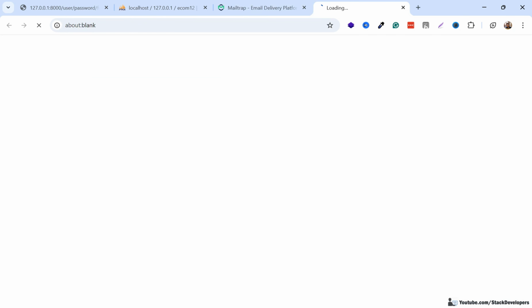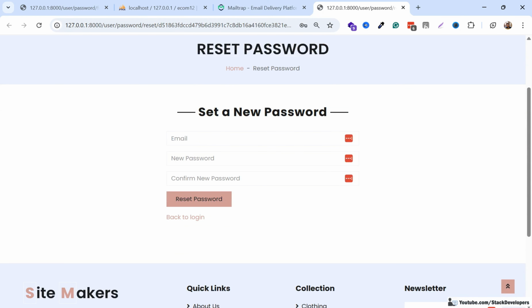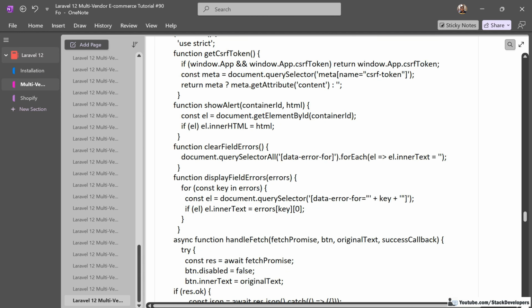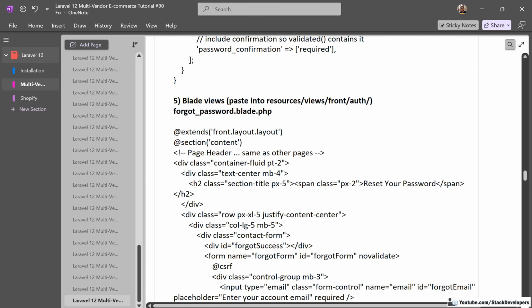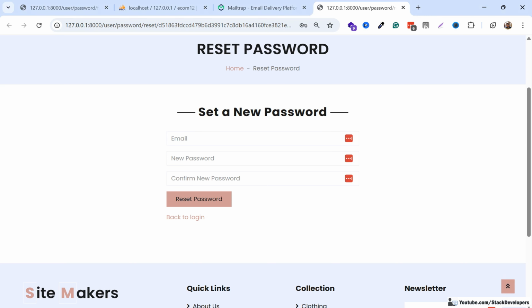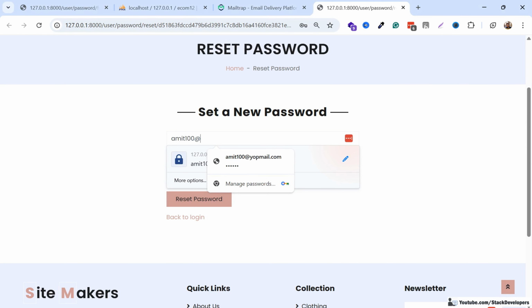I'm going to click on this reset password, and here you can see the other form. This is the second form that we have created. We have created two blade files for this: the first one is the forget password blade file, and this one is the reset password blade file. Now the user will enter his email once again, amit100@viewofmail.com,